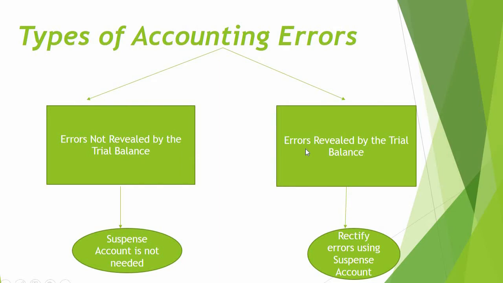When the trial balance does not balance, it is because some error has occurred. These are errors that are revealed by the trial balance, and the balancing figure is posted to a suspense account temporarily until the reason for the difference is discovered. When the errors are corrected, the suspense account will once again become zero. Whichever way an error is made, it is necessary to use the general journal to make the necessary correcting entries.